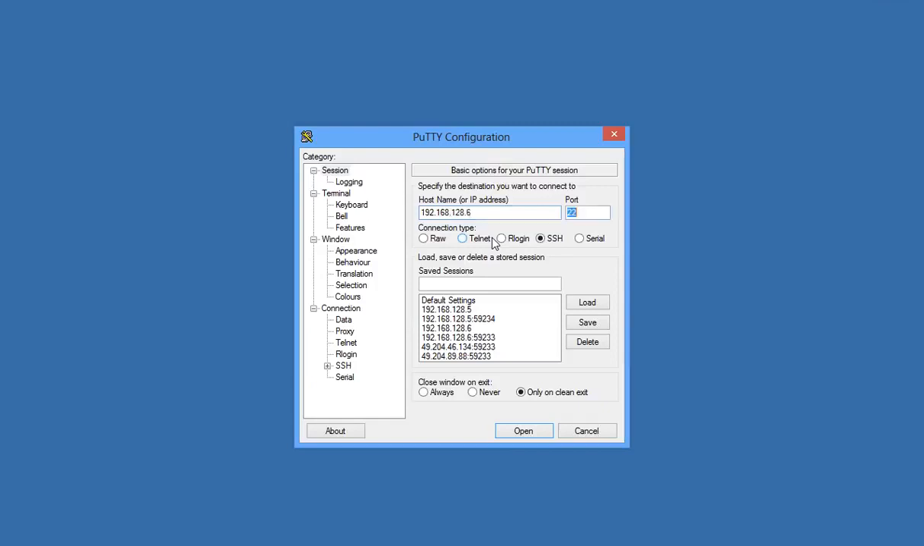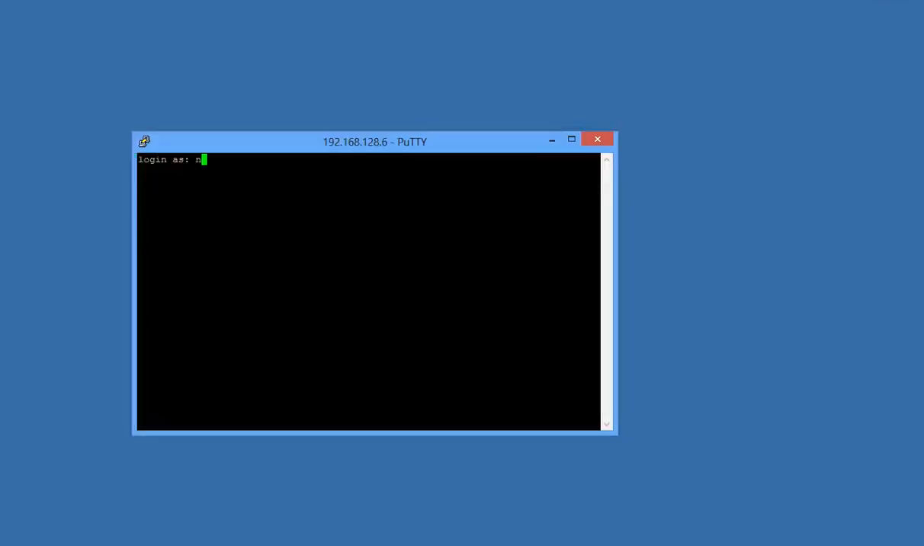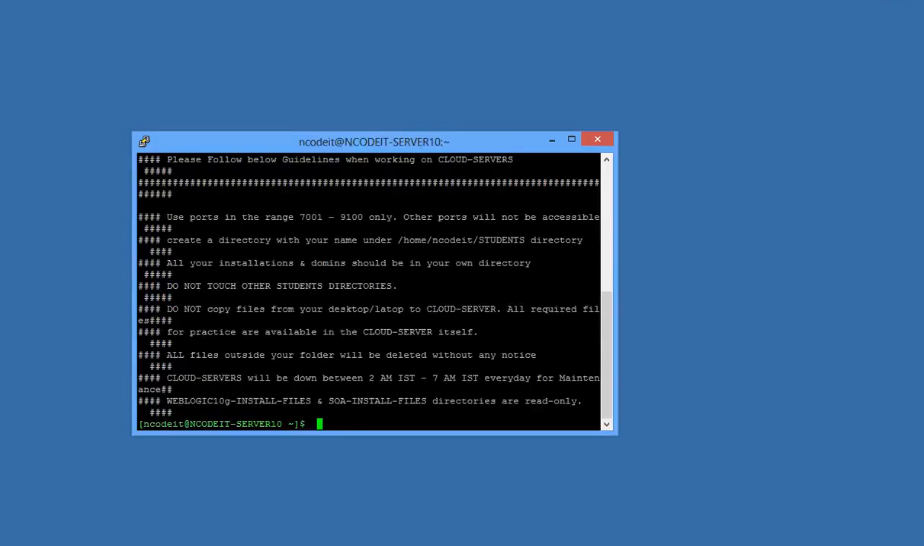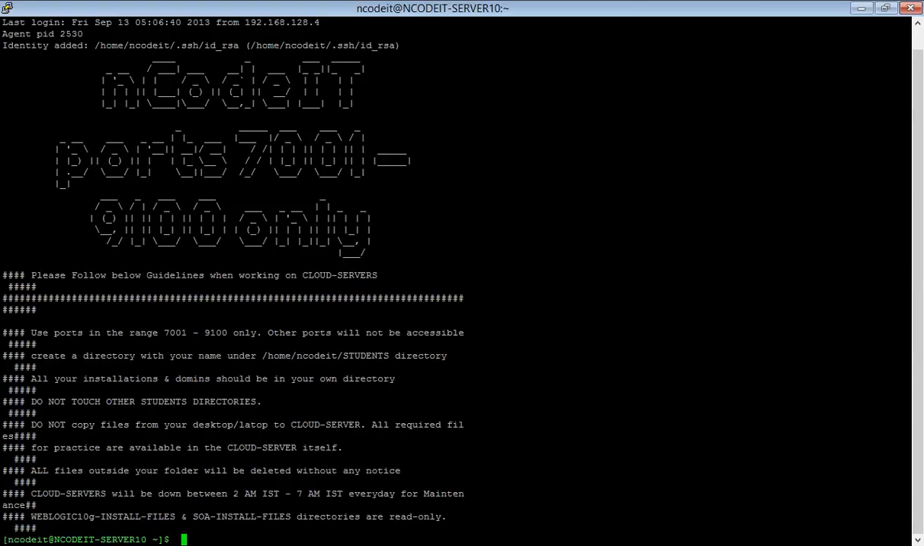So 192.168.126, and you would be using something like 449.204.89.88. The port number will be changed. All right, 59.233. This is what you would get. Then the username and password. Now I'm logged into the